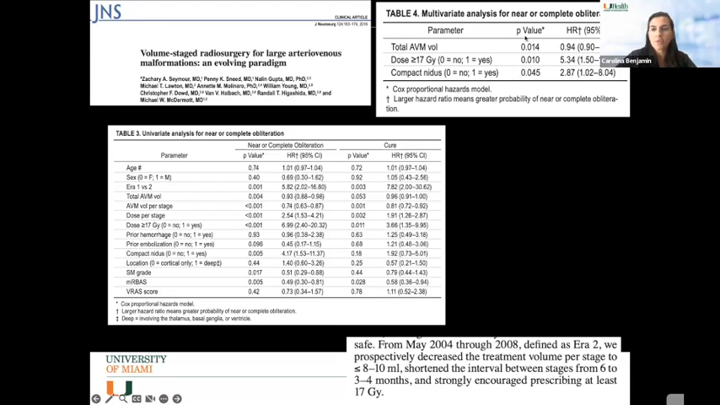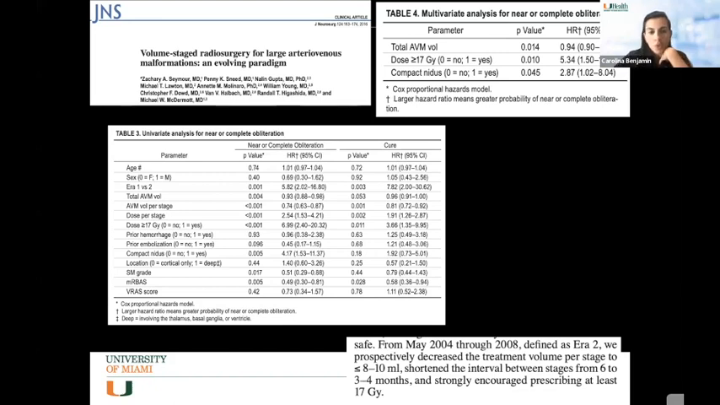So again, as you can imagine, if you have a compact nidus, you're more able to get your dose into a smaller area, as opposed to trying to chase small little feeding arteries, and that's where the compact nidus becomes important. They essentially prospectively decreased the treatment volume per stage to less than 8 to 10 millimeters. And then they shortened the interval from 6 months to 3 to 4 months. And they tried to push the doses past 17 grays. And then they compared their findings in the